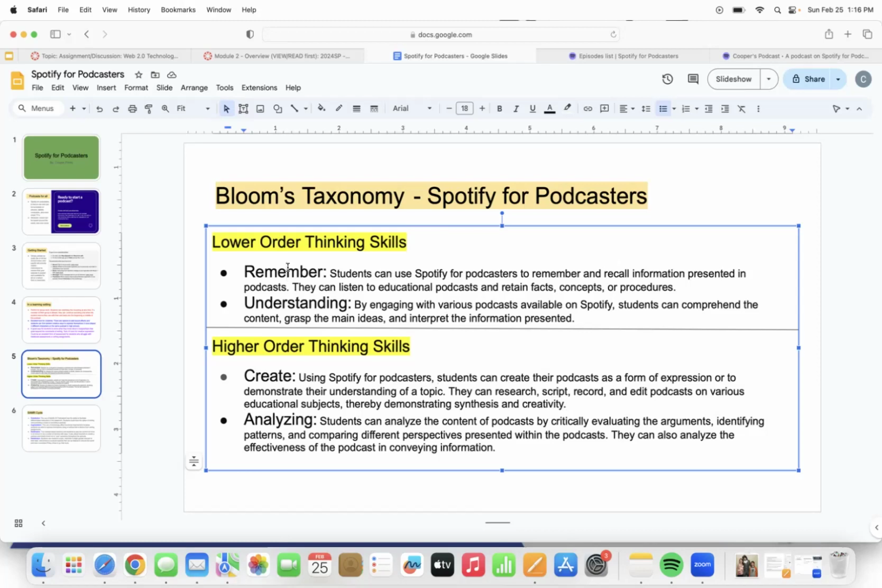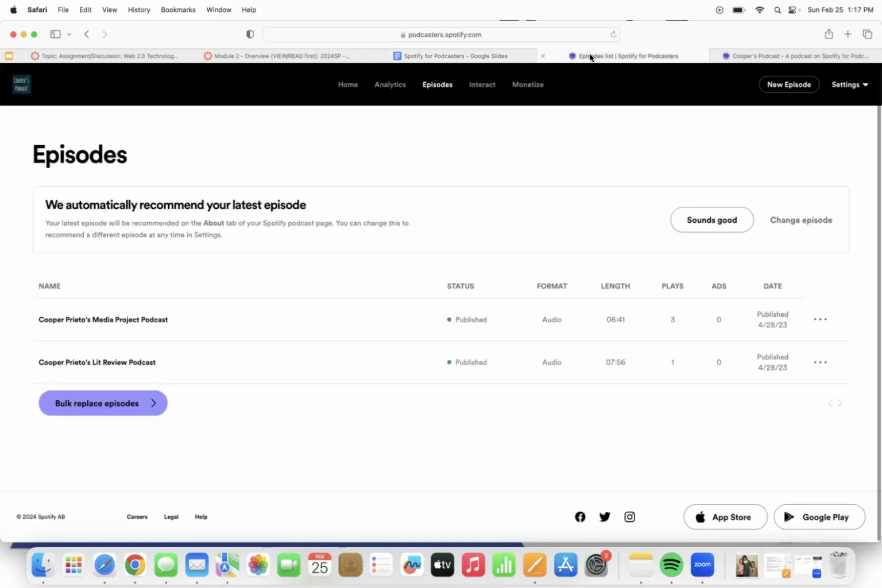Also, there are some lower order thinking skills, right? Remembering: if you wanted to use it just to remember and recall information, a teacher could create a podcast and use it as some sort of study tool. Understanding: by engaging with various podcasts on the platform already, they can comprehend content, understand main ideas, interpret information, etc. Really, very many uses